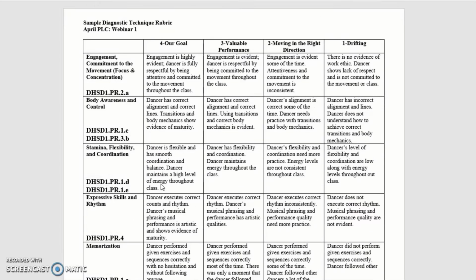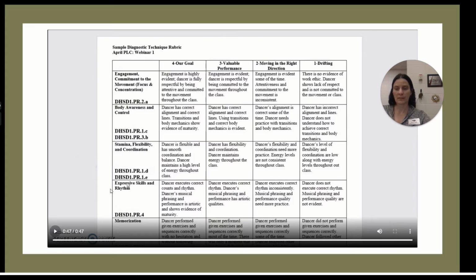All right. So I just made a little screencast there. Those are fun if you have used Screencast-O-Matic. I did want to go over, I know I focused on the performing standard for technique, but this rubric actually went through a bunch of other ones. So I've got the performing in there, a lot of the performing standards, and then also the 2 of the creating standards. So we go through the demonstrated